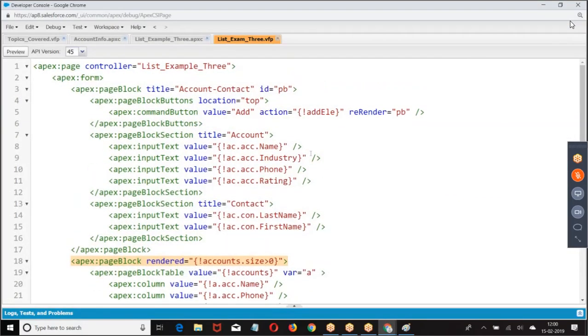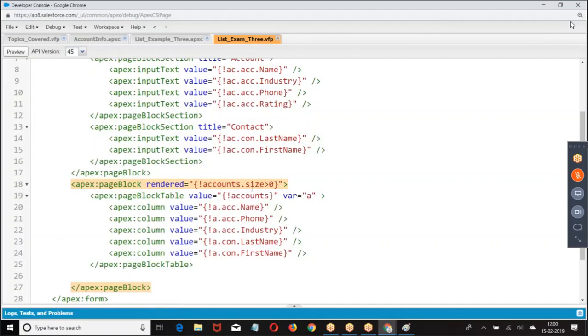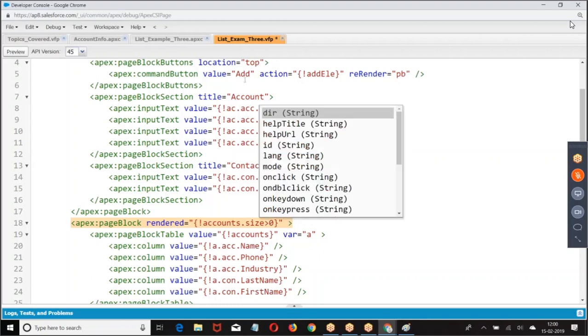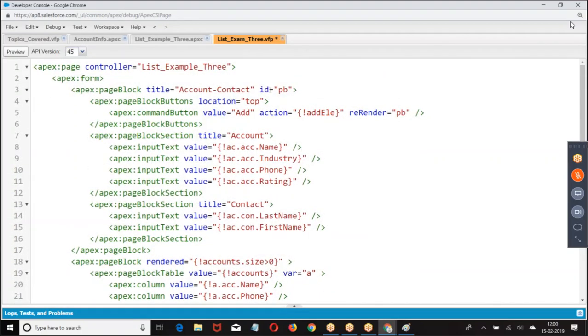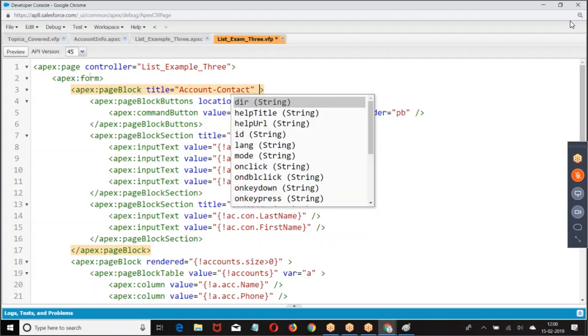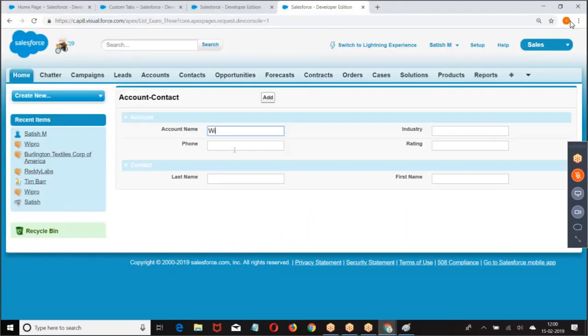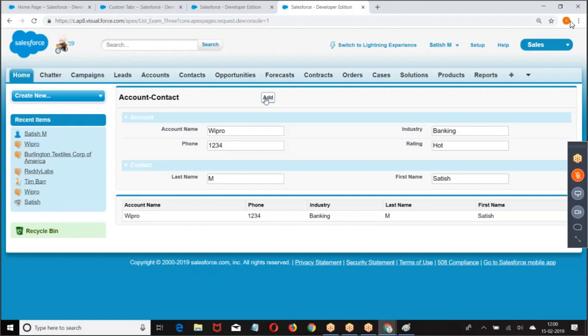Render PB rendered when account dot size is, because I only refreshing page block because I've taken two separate blocks. Entire page has to be refreshed. This is how we're getting.